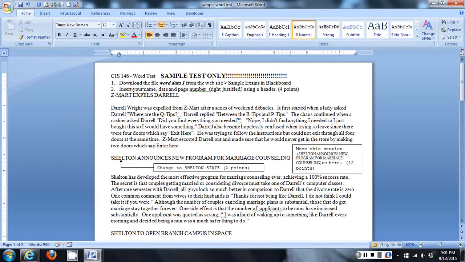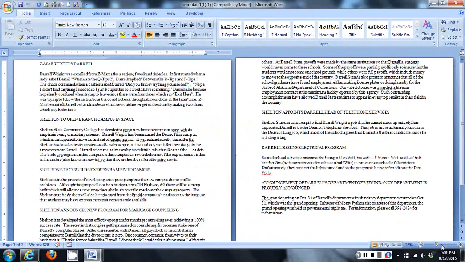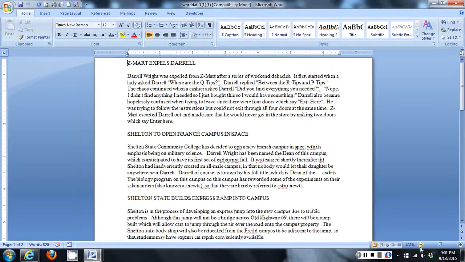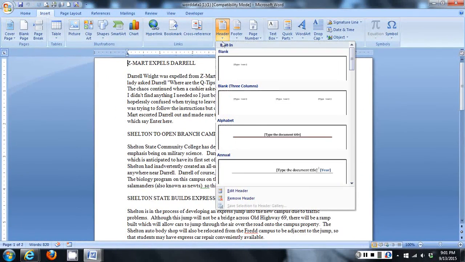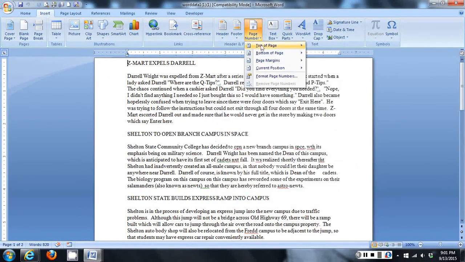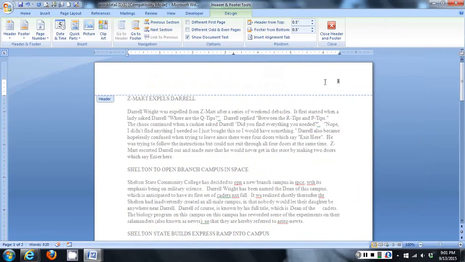Number two, we're going to insert name, date, and page number, right justified using a header, 4 points. So we're going to take our data file. Let's make this view 100%. And we're going to insert, on the Insert tab, a header right here. Actually, probably the best way to do this is a page number, top of the page, right aligned, and then from that point you can enter,